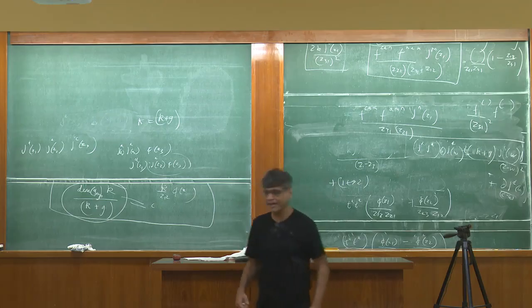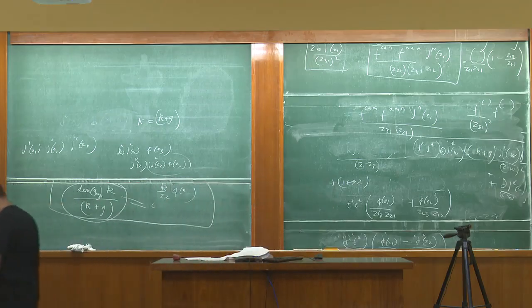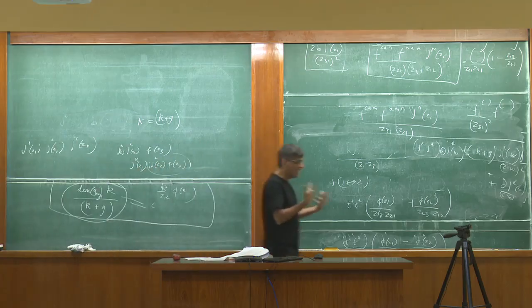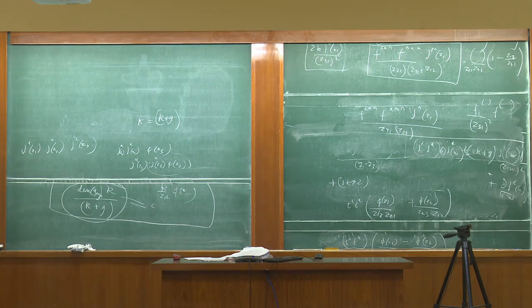And if you have a primary field, so what you have then in your theory is two objects that behave like stress tensors. Okay? So because of that,